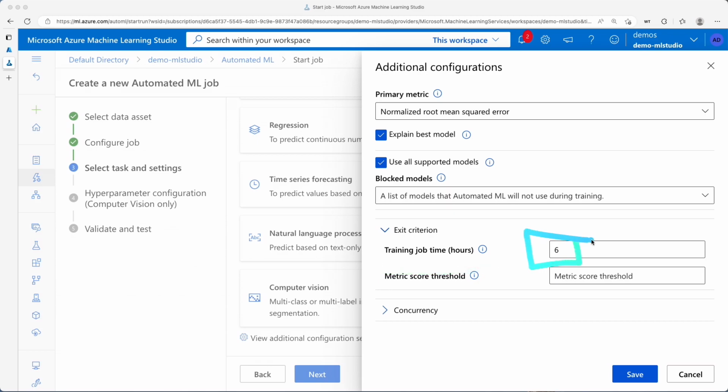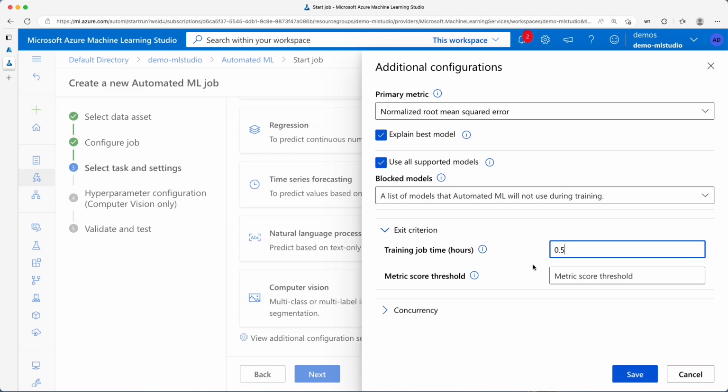That means that for that previous job to complete, it'll take 6 hours. Well, I am going to change this to just 0.5. And then that will mean that I'll have to wait half an hour to come back. Depending on the resources that you have, and depending on the amount of budget that you want to provide for something like this, it will take, for me, 30 minutes before it gives up and